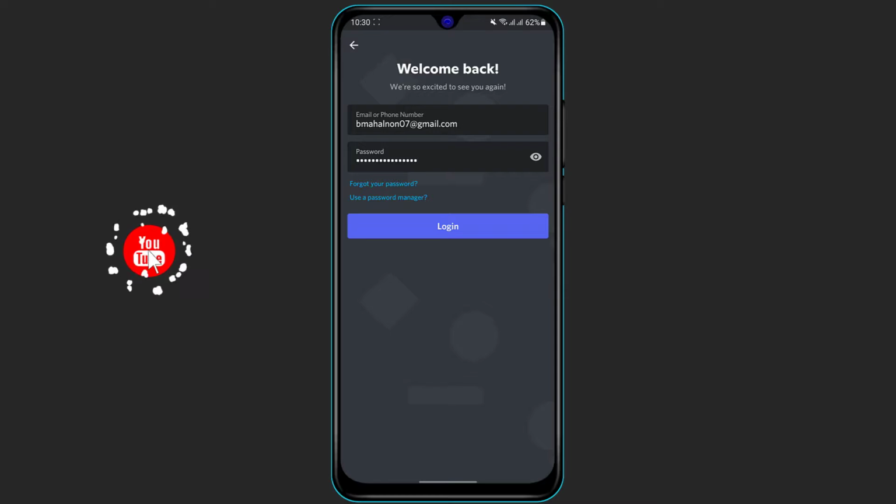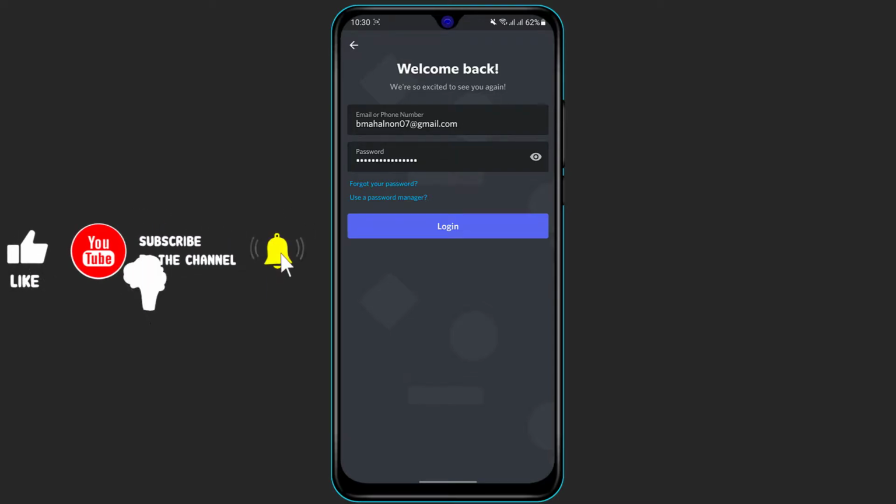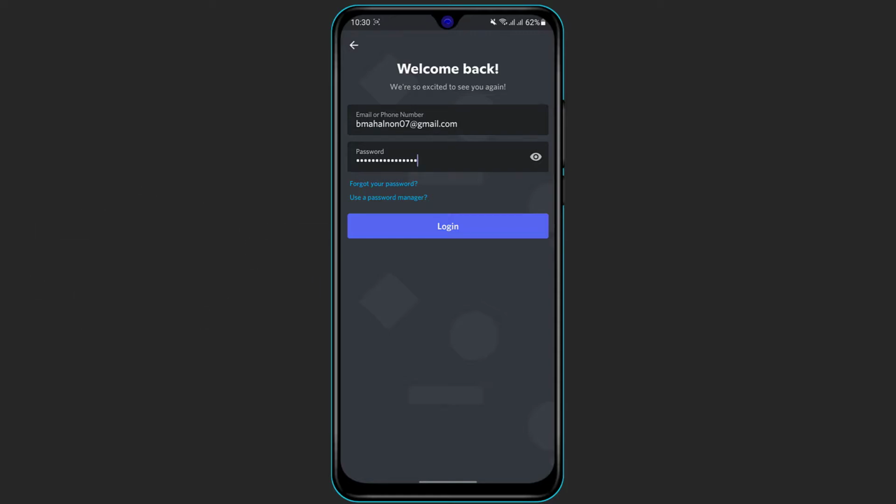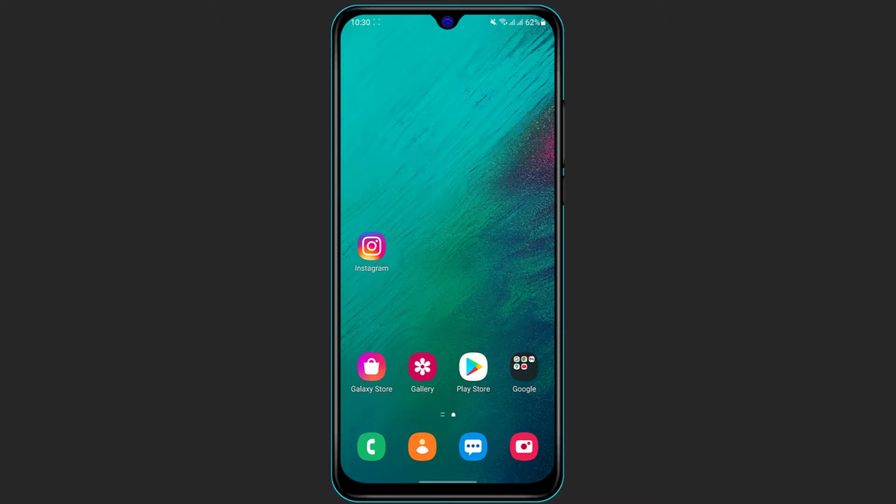Now once you click on login and verify the captcha, as you can see, it told me that a new login location was detected. So simply open your inbox and verify the login, and you will be successfully logged into your Discord application. So this is how you can log into your Discord account on your Android or your iOS